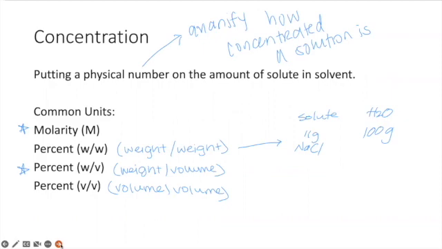Then I would divide the amount of solute by the solvent and multiply by 100 to get a percent. We'll do some practice. I'm just trying to show you an example. So basically you have 11%